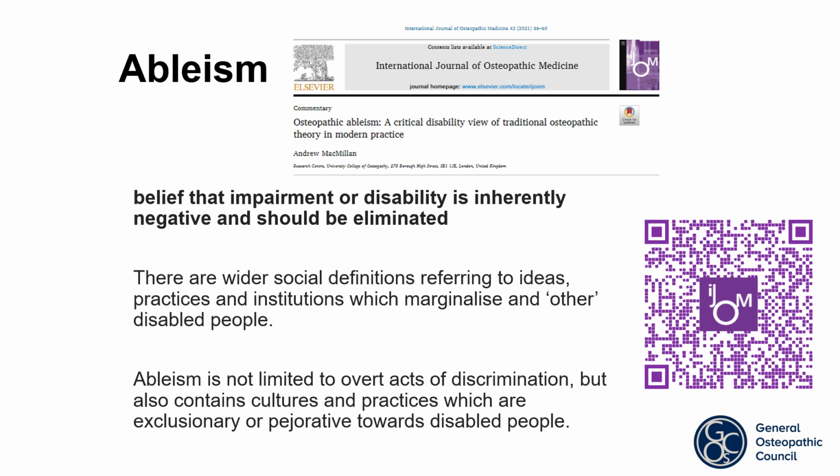Ableism. So this could be described in some ways as a standardized thinking that we are all pretty much the same. We're all of a standard norm, and anyone who doesn't fit that standard norm has an impairment or a disability that should be eliminated, and then everything would be fine. So the belief that impairment or disability is inherently negative and should be eliminated. And that can be